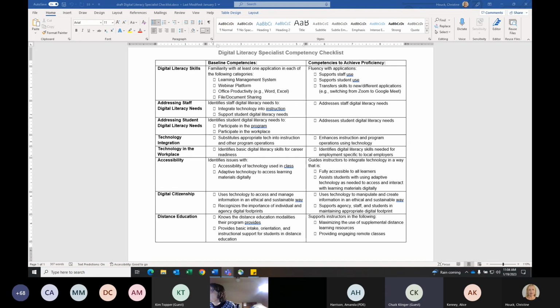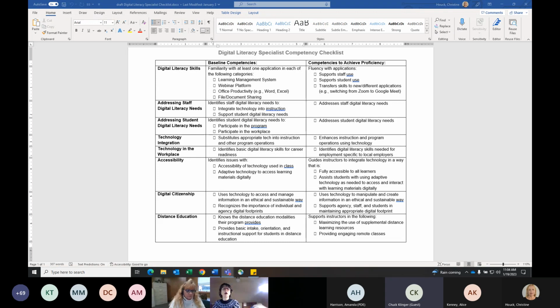And then file and document sharing. And whether you're using Dropbox, whether you're using Google Suite, Google Drive, or some other way of sharing documents, but it seems like those are probably the 4 areas that most educational agencies should probably be using to work with their students and to kind of manage their programs. So really just making sure that you have somebody on staff that can kind of speak to all 4 of those areas for your program.